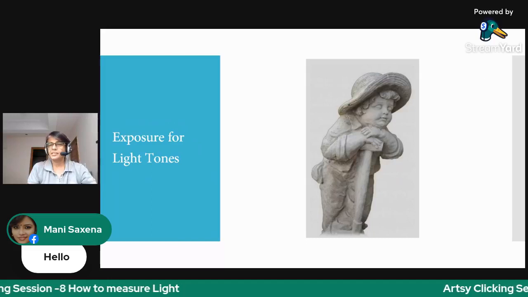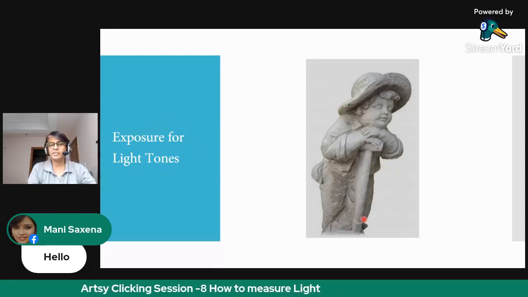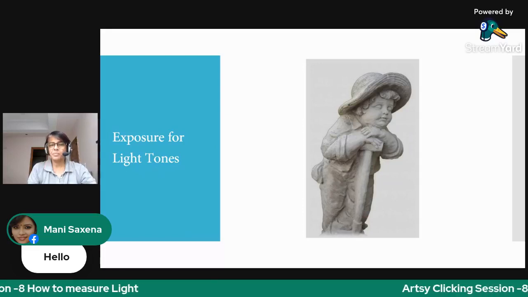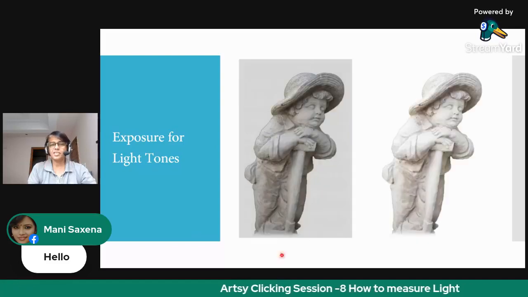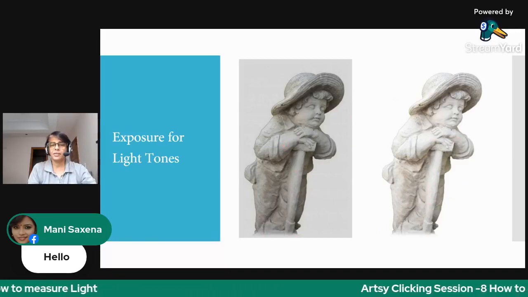So bright scenes will come out underexposed because they are reflecting more light, whereas the light meter is adjusting according to 18% of light. So light and bright scenes will appear underexposed, and with the light meter at 0, you will get this shot instead of this shot.